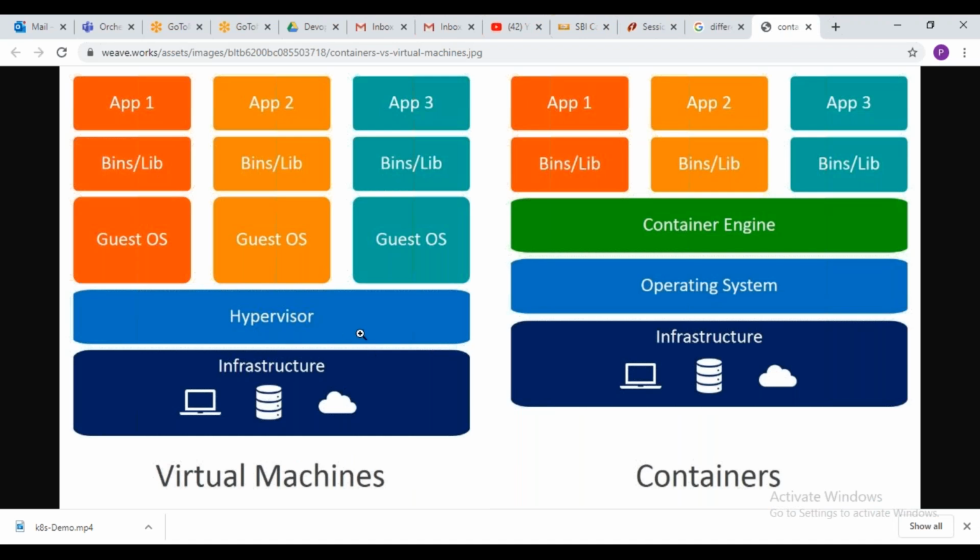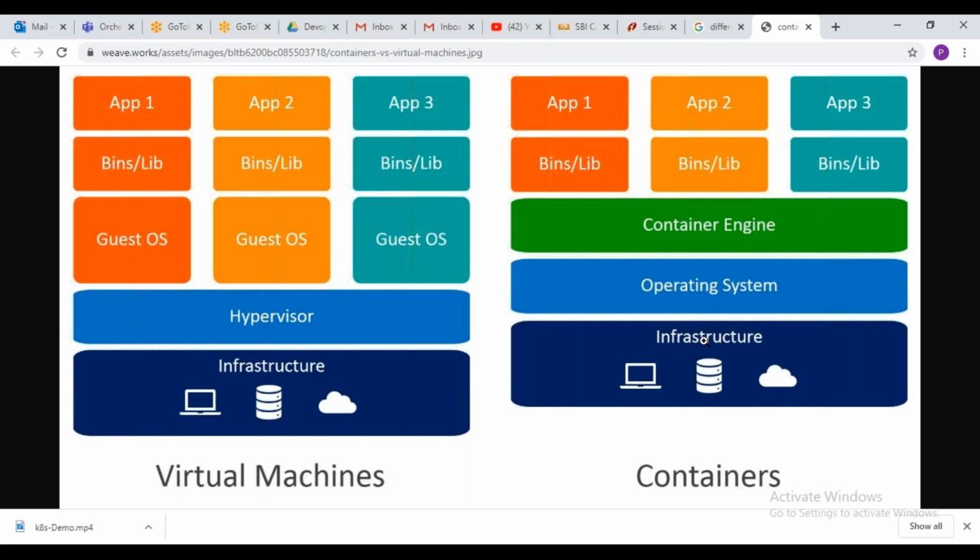Okay, if you see, this is the difference. This is the virtual machine setup, and this is the hypervisor. It can be anything. It can be Hyper-V of Microsoft, or VMware's ESXi software. A lot of hypervisors are there. For example, for the AIX operating system, there is a hypervisor called VIOS. In Linux, we have a hypervisor called KVM. The famous ones are VMware and Hyper-V. I think most of you know about VMware, so you can take VMware as the example here.